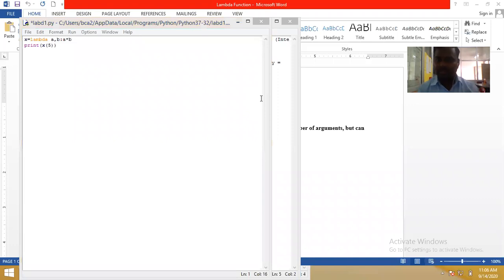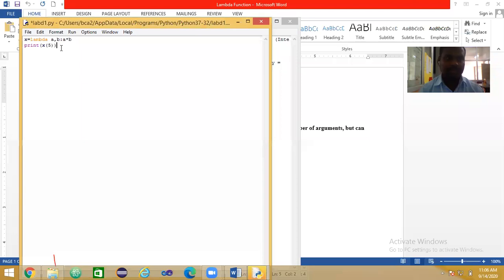It was addition, now it is multiplication, and here also we need to send the arguments, values 5 comma 10. So see, now x is equal to lambda a comma b. We can pass any number of arguments, colon a into b. It is only one expression again. Now a takes the value 5, b takes the value 10.